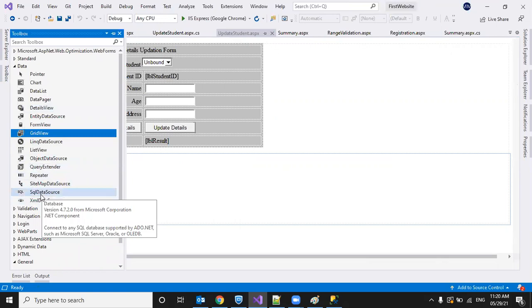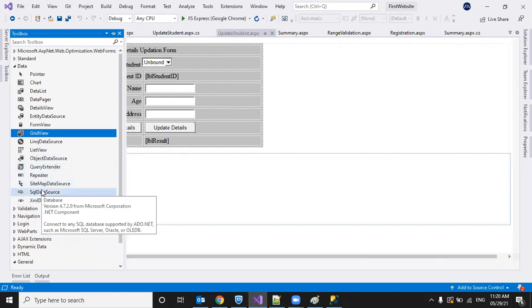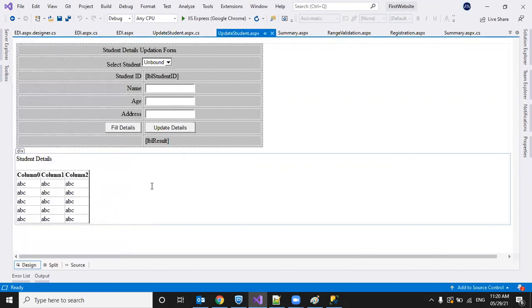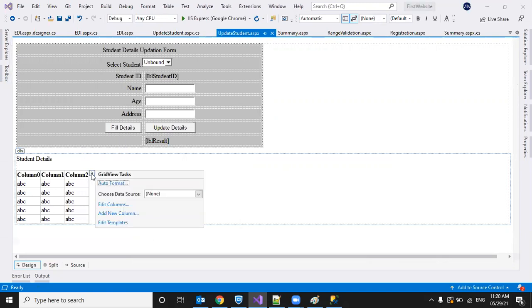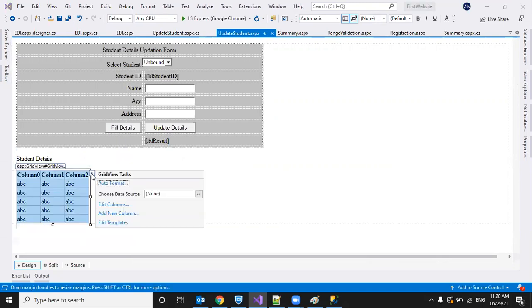It connects to any SQL database supported by our ADO.NET. Okay, this will get the data, and we will bind that data to our grid view. Here we have one button called the smart button. On clicking this, we can choose a data source.